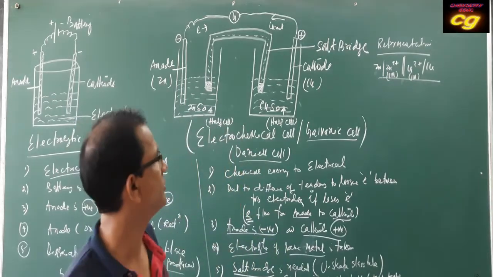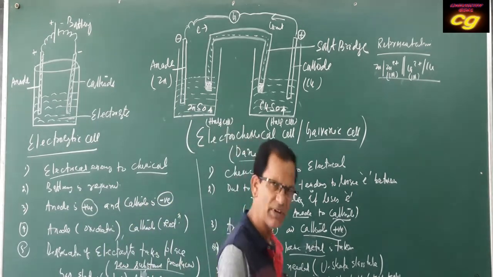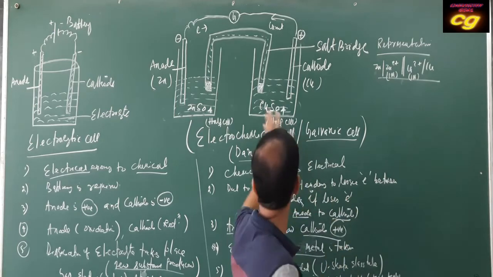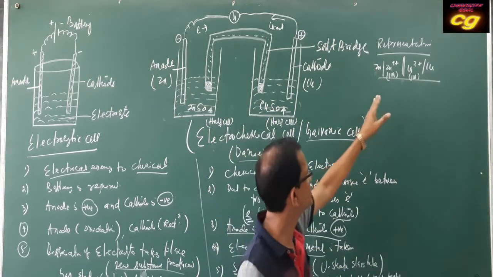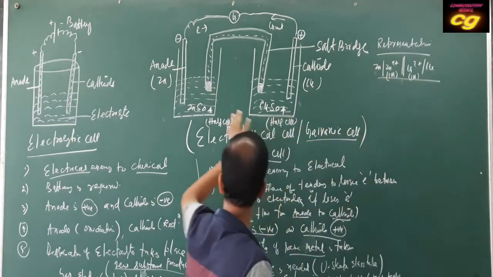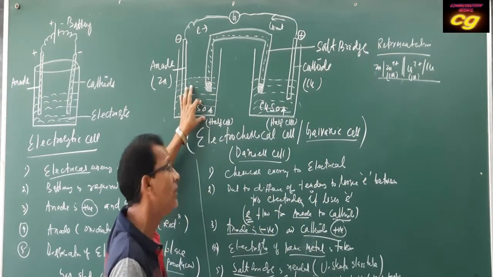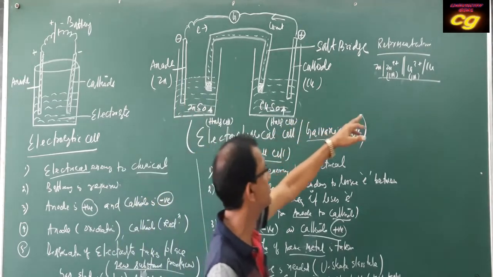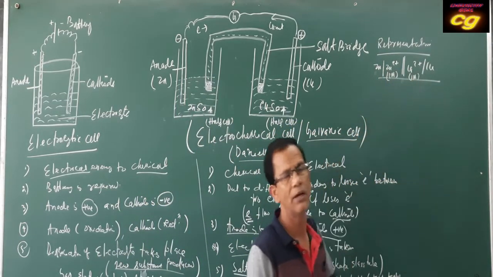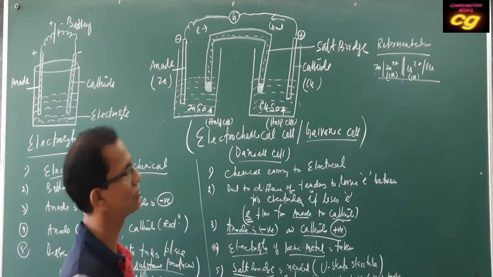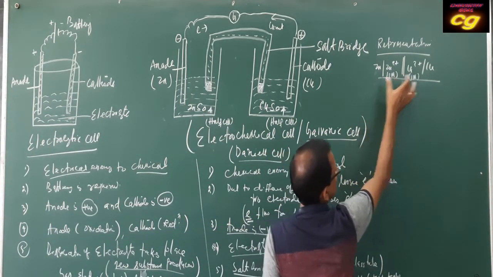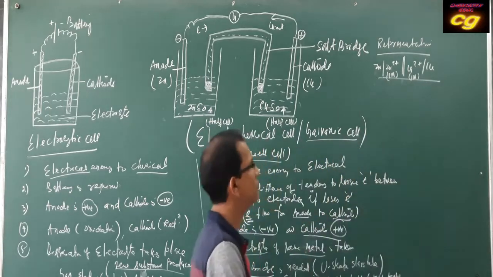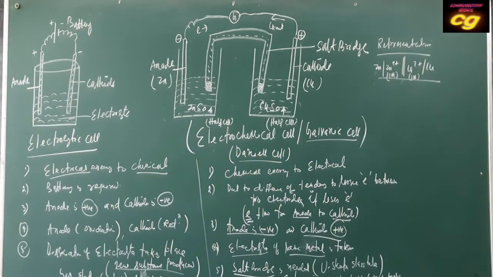A particular concentration of electrolyte will be taken. Concentration may be increased or decreased, it may be the same or different. But it must have some electrolytic solution. As the electrolyte is taken in solution form, it has a specific concentration. Concentration should be mentioned between the two electrodes. So this part is called the anodic half cell, and this is called the cathodic half cell.